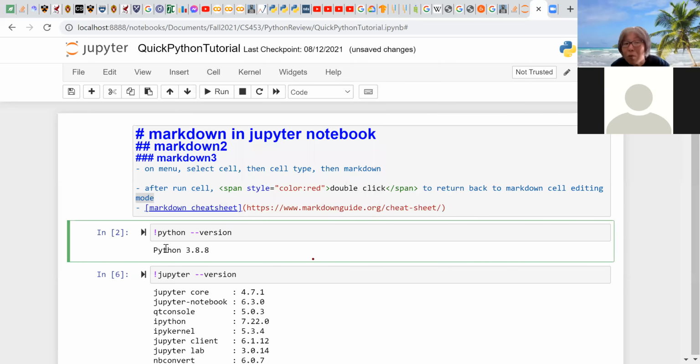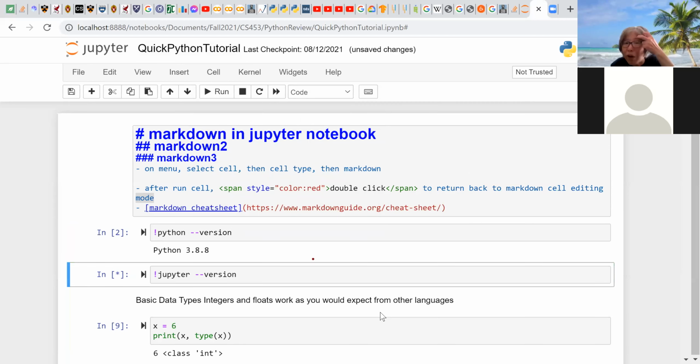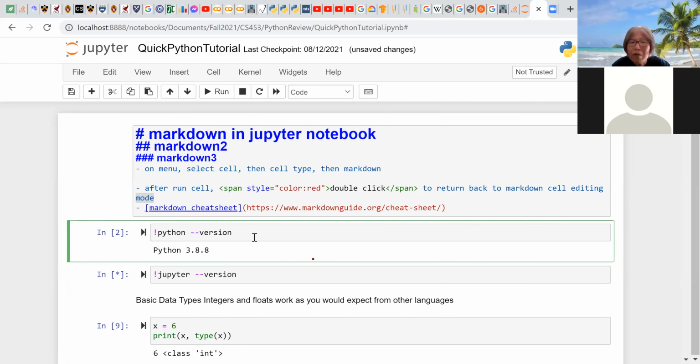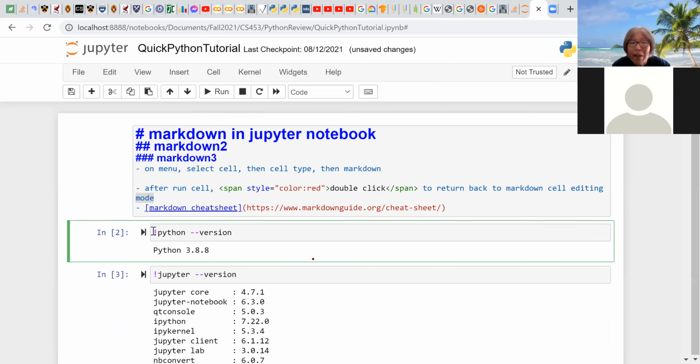And you can also just run these individual cells. And next you can run this cell. This is a code cell. In this case, this is the first cell, so you can just type some